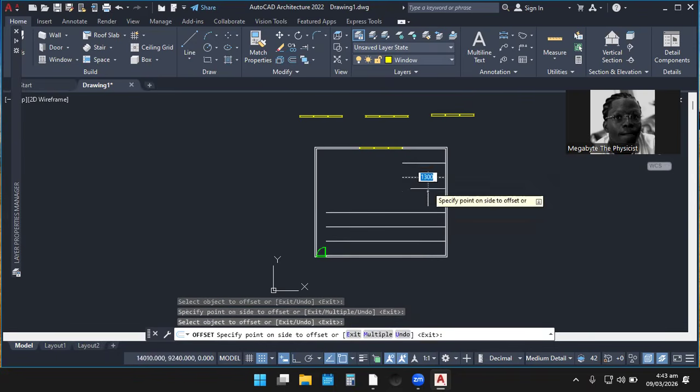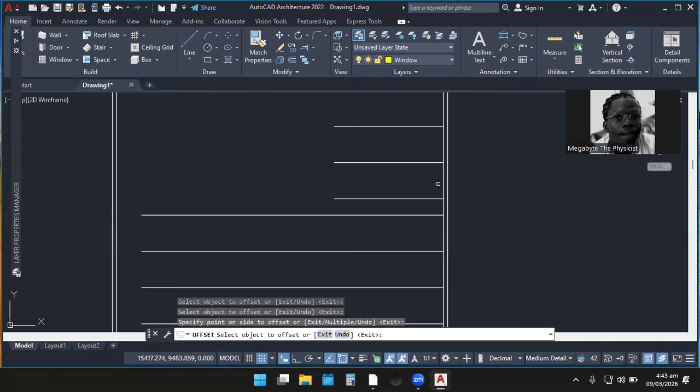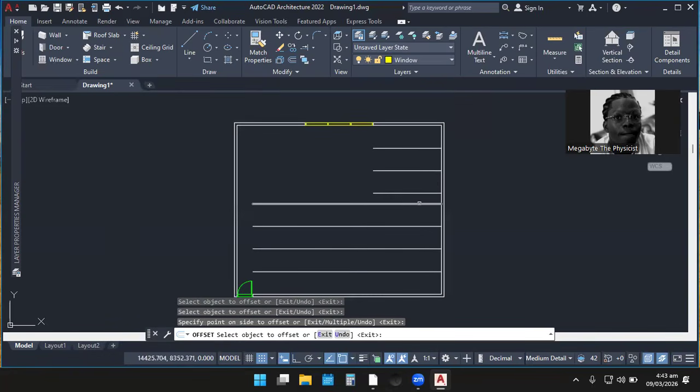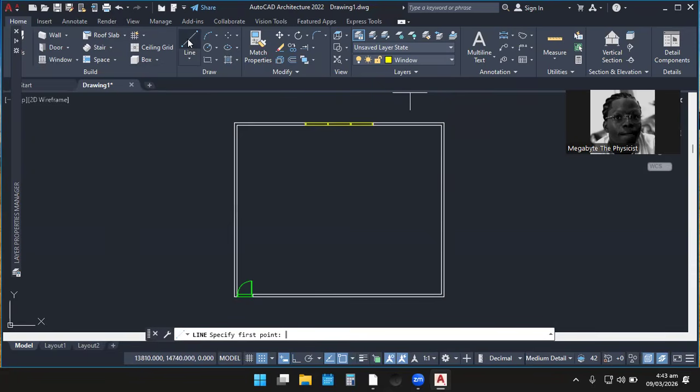Let's try the 1,300 and see what's happening. So at the end of the day, that is if we want to use this after so many offsets. See, we didn't use a perfect square, so we may face so many challenges like this. But let's not be lost. Let's just use the same dimension and divide it by 2.